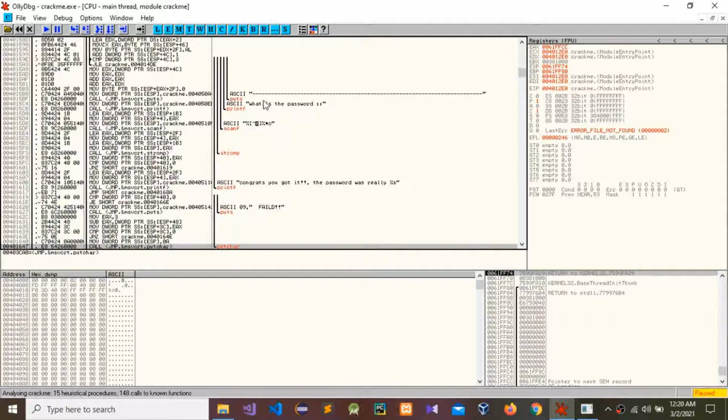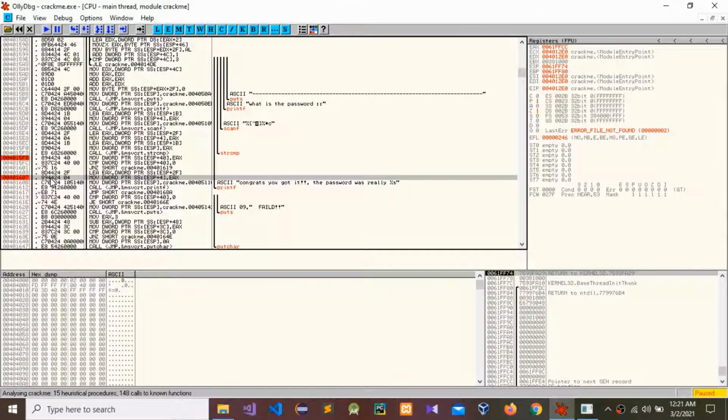You can see what is the password. So you can see some loops in here, and after enter password is called in here, it is stored in here. So guys, I'm going to give a breakpoint in here, and I'm going to give another breakpoint in here.